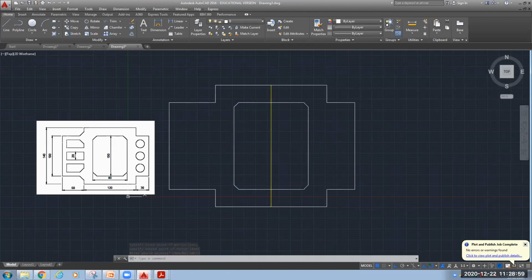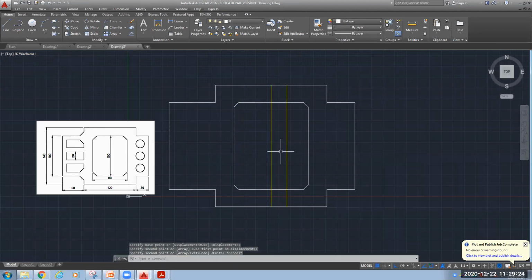Okay. We have to make these 3 rectangular blocks on the left hand side and 3 circles on the right hand side. For that, we need one horizontal line or the center line. So I will copy it. Copy.